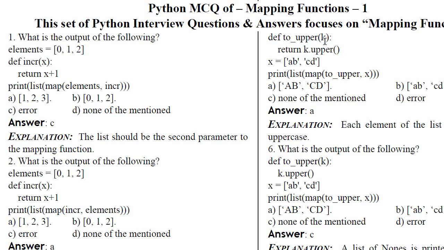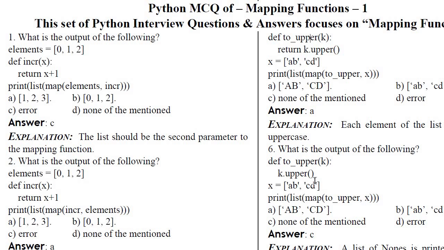It will just give the uppercase of this parameter. Here list is AB and CD. So x will get the upper because we are passing x instead of k. So there is the uppercase of AB and CD, and that will be the output. Now look at the next program.